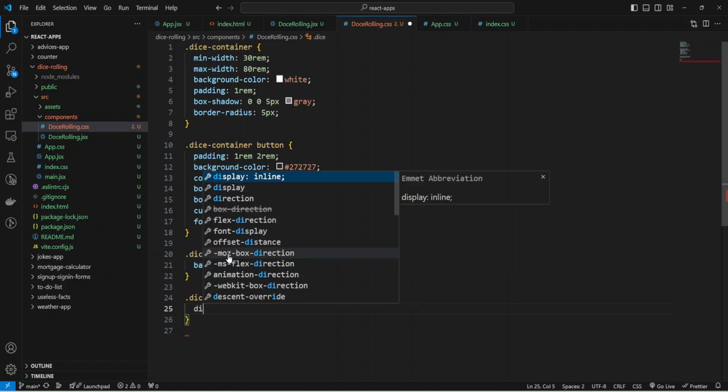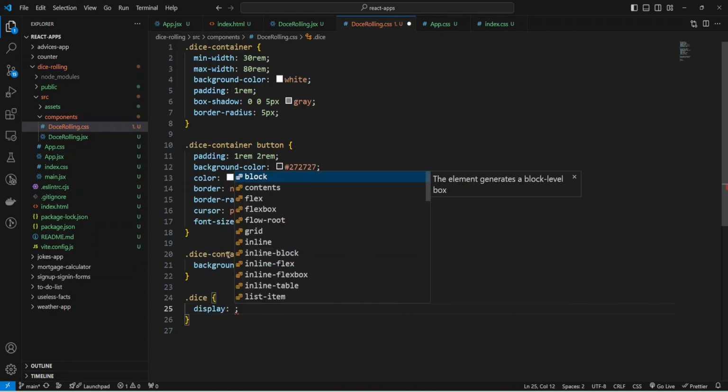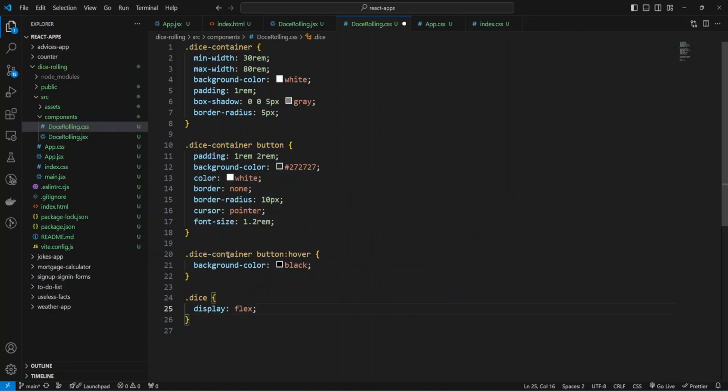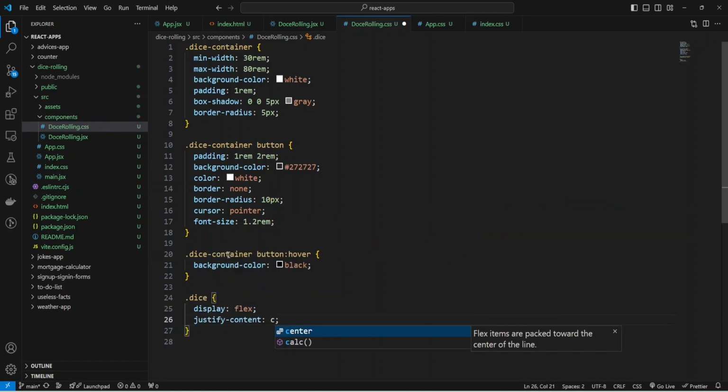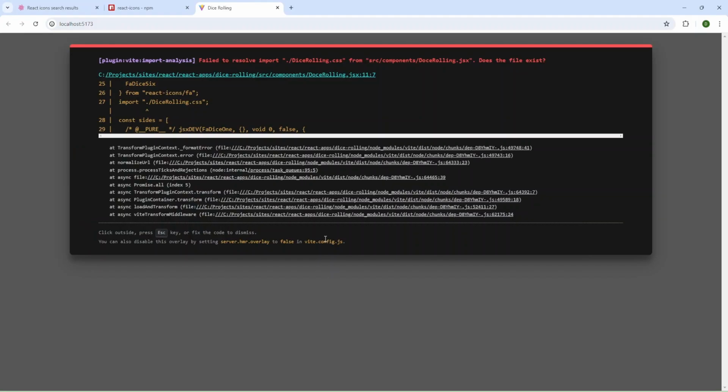Okay, and now we can provide styles for our dice container, and it will be just dice, and I can make display flex, and also justify-content center, and let's check what we have so far. Okay, and I need to provide the correct import.